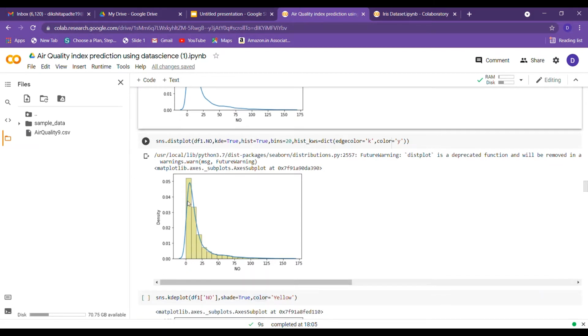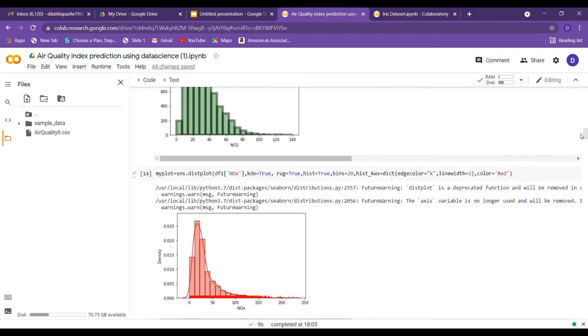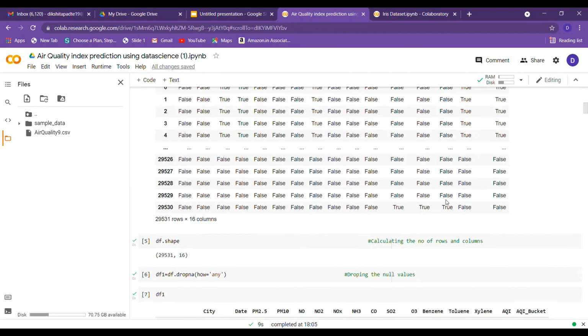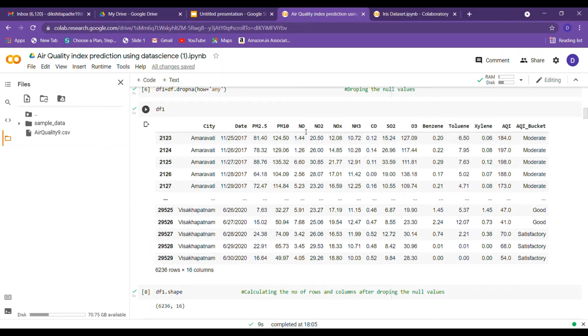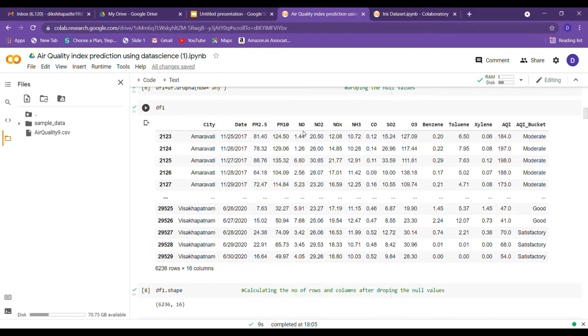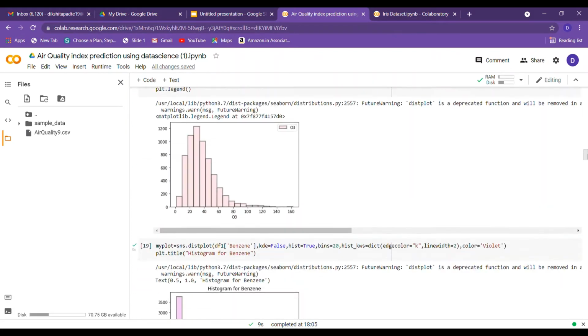Here you can see that this KDE plot has a pointed peak, so let's understand why that is. Here in our data set you can see that this is nitrogen oxide, and the values are ranging mostly from 0 to 10, and that's the reason why this is a pointed peak.